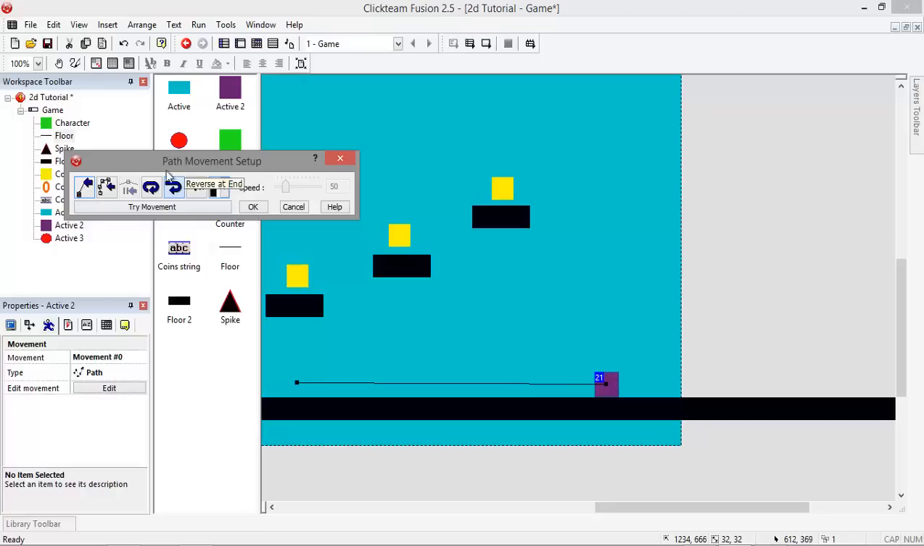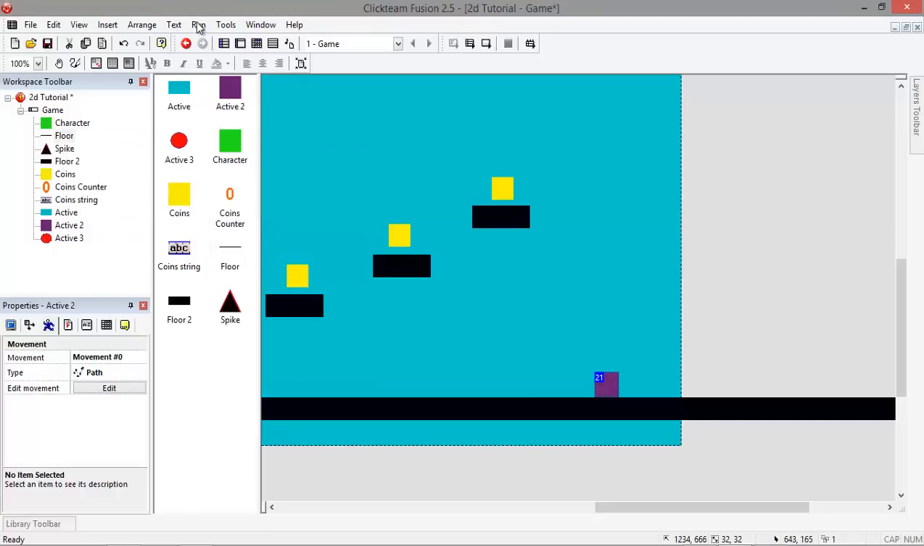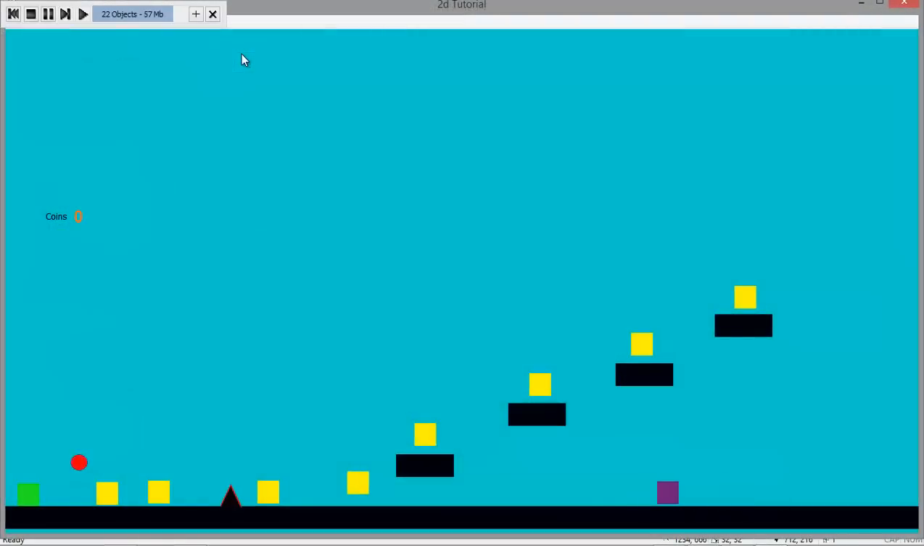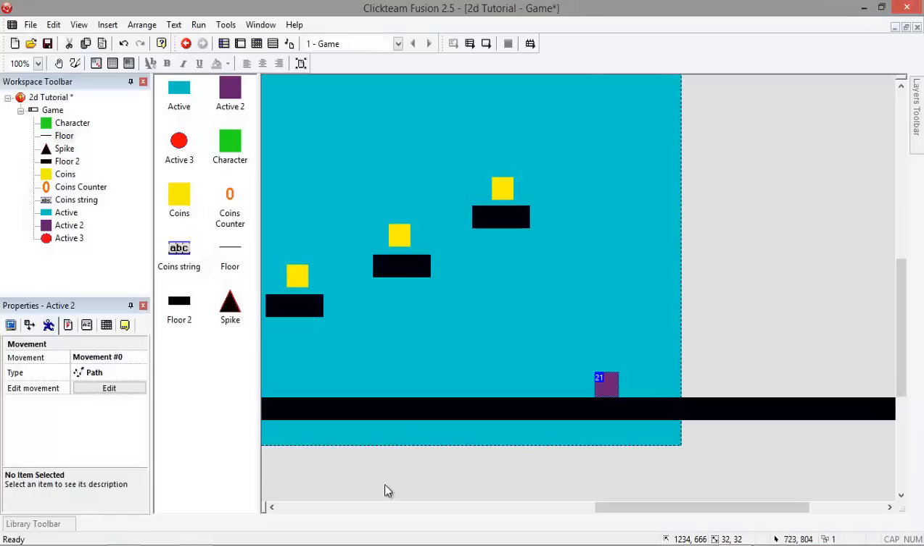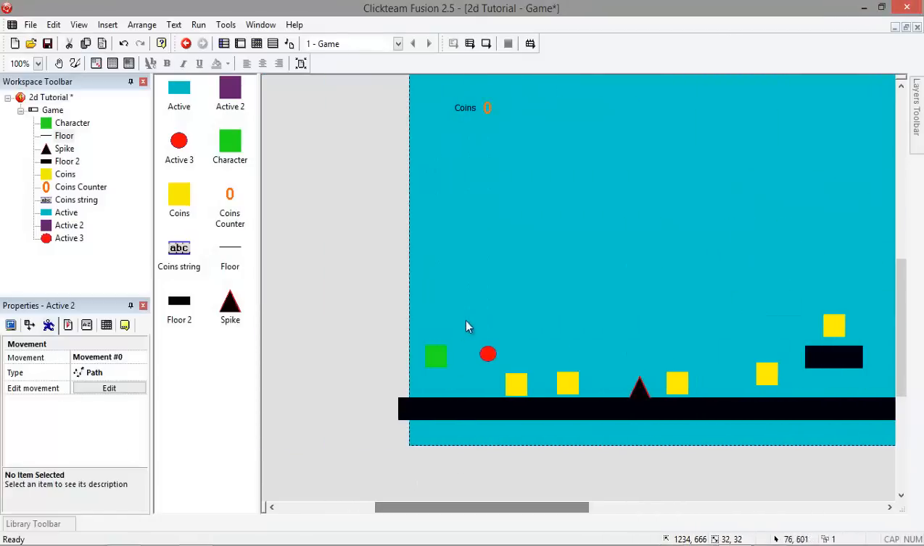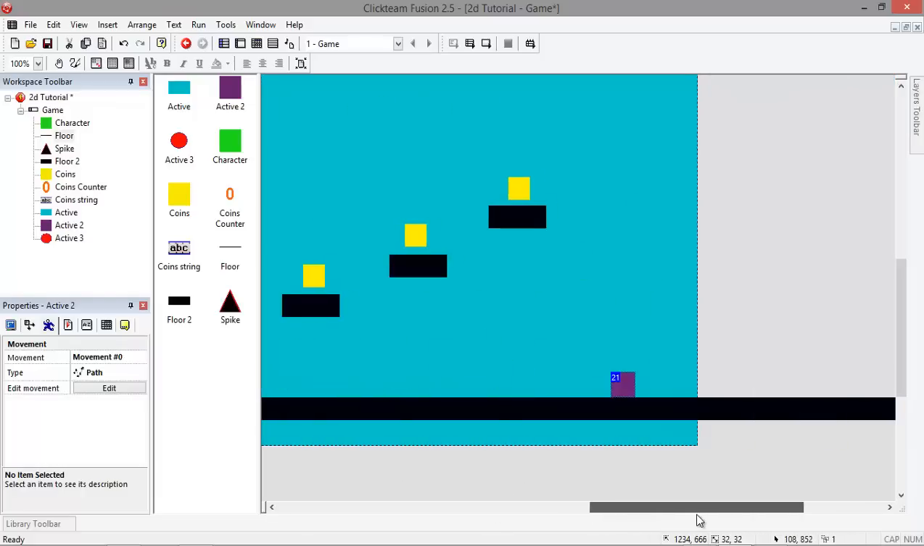Reverse at end. Okay. I forgot to put that on. That should fix that. There. So now we've got our enemy moving. Obviously you can do more complicated paths, but for now, let's do the bullet now that we've got our